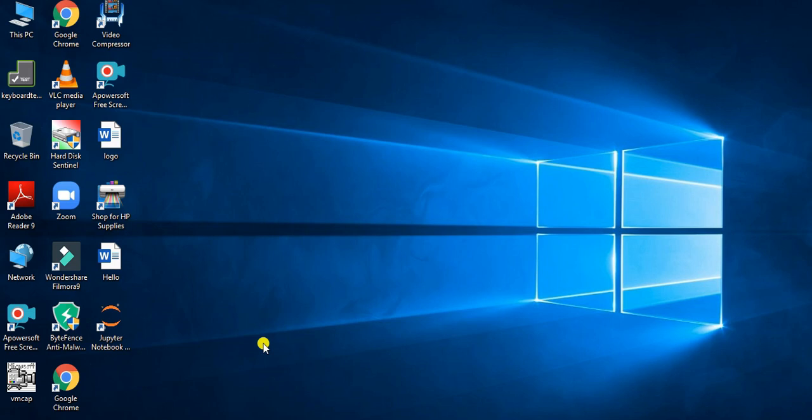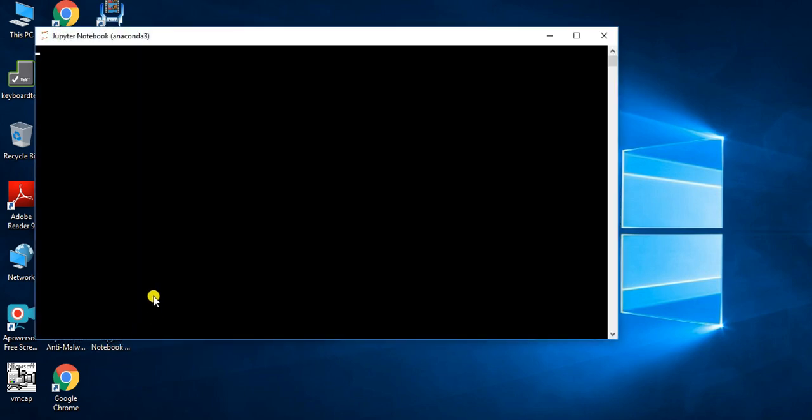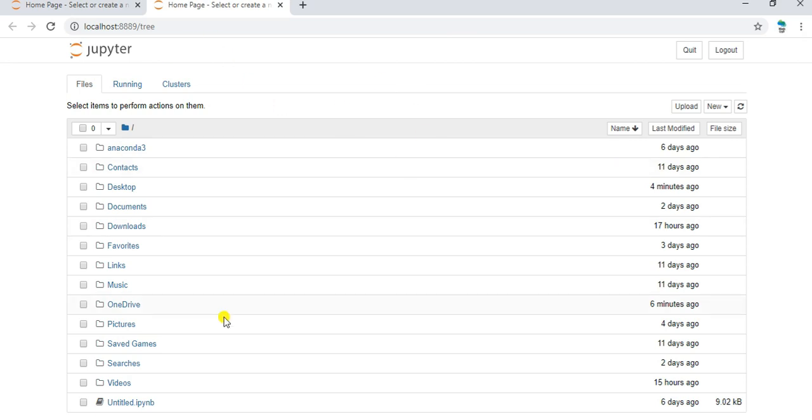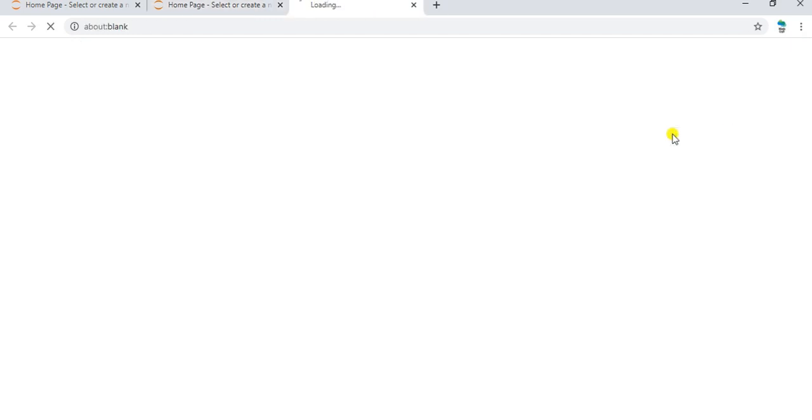So first of all, you need this program which is known as Jupyter Notebook. You can simply download it from Google. Just go there and write Anaconda Jupyter and you will have this. So let's start. By clicking on this, an interface will appear, Chrome will open and this interface will appear in front of you. The first thing you need to do is click on New, click on Python 3